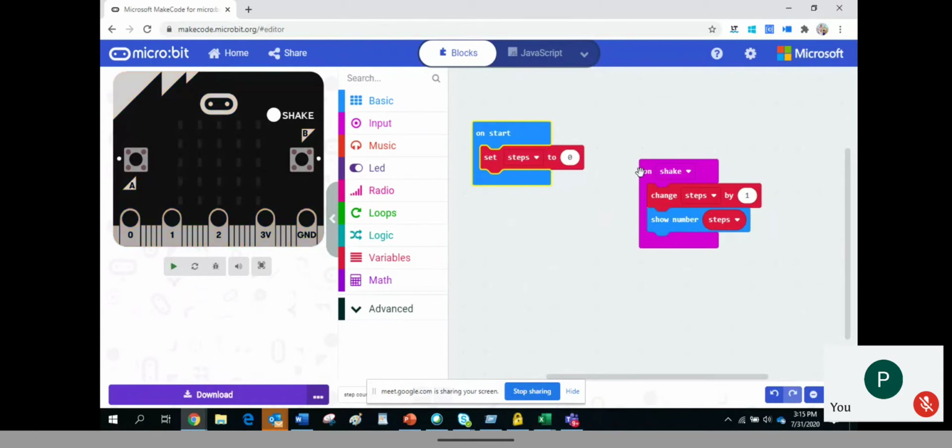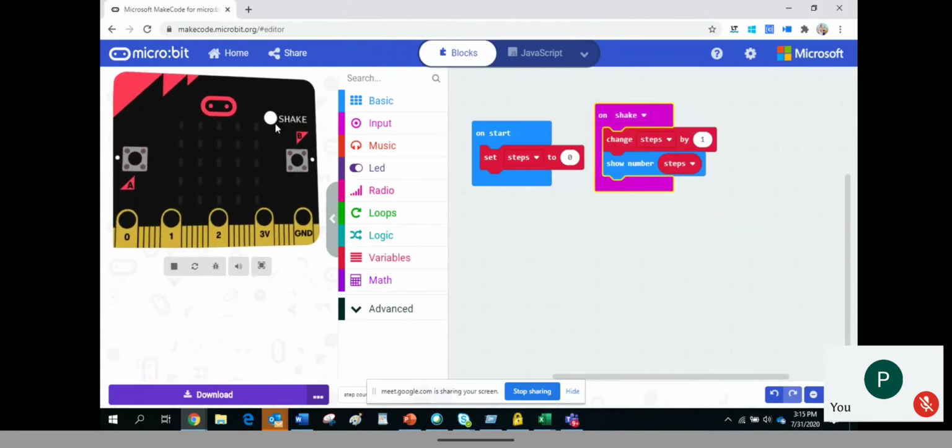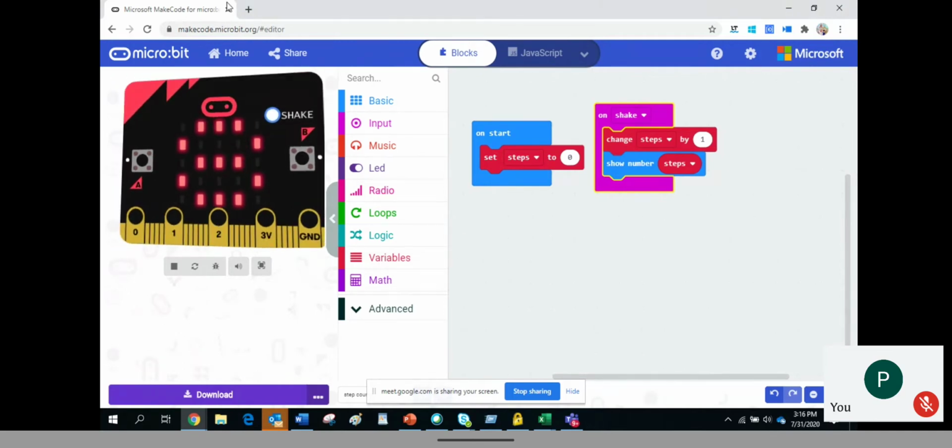So this one works when we walk. It will be moving the sensor. If we keep a sensor, it will be moving so that on shake will be triggered.